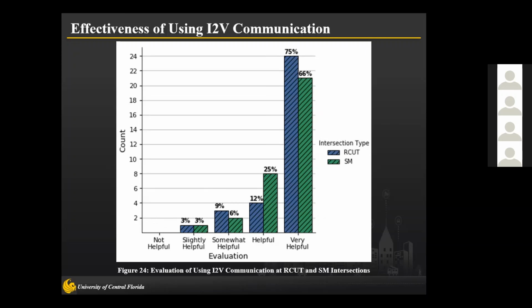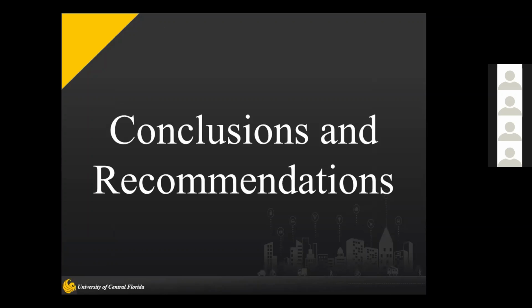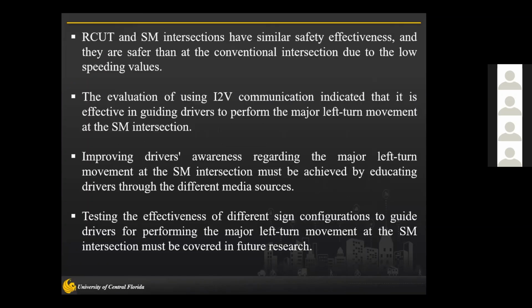It was found that speeding, sudden acceleration, sudden brake, and lane deviation behaviors with and without using I2V communication are very similar, and there were no significant differences except very few cases. So the conclusion and recommendation of this study: RCUT and SM intersections have similar safety effectiveness, and they are safer than the conventional intersection due to the low speeding values. The evaluation of using I2V communication indicated that it is effective in guiding drivers to perform the unconventional movements and improving